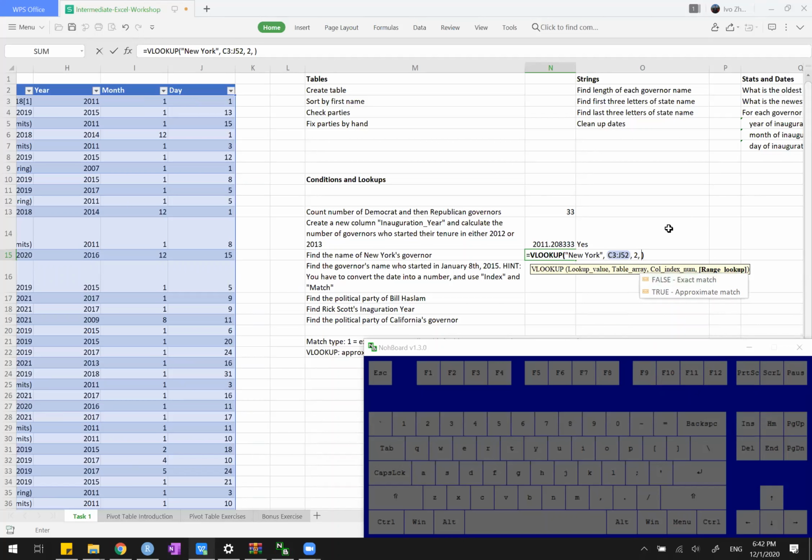And then there's this last parameter, the range lookup, or you can understand this basically as approximation. This last parameter is optional, but you can put it in there just to be safe. What it basically asks you is whether you will tolerate approximation. If there's no exact match that is found, it will go to the one that is closest to the value